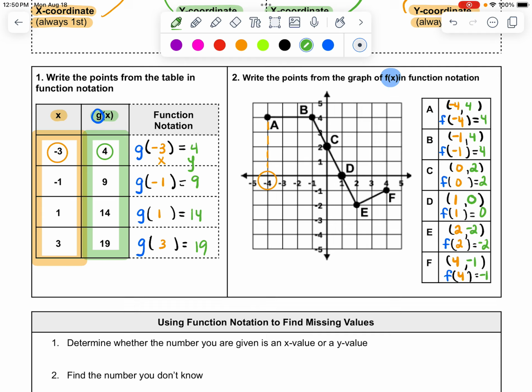And as you can see, it aligns with where we put our x's and our y's in our parentheses, our ordered pair notation. X is first, y is second. Now, the reason this notation is super important is because we use it to indicate that we might be missing a number. For example,